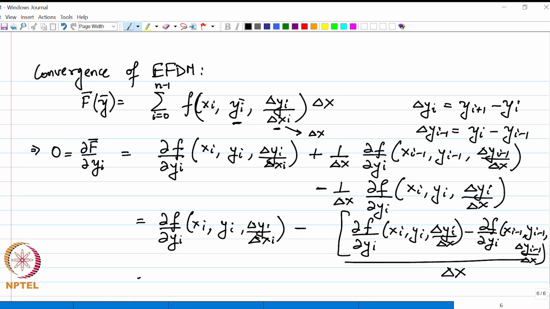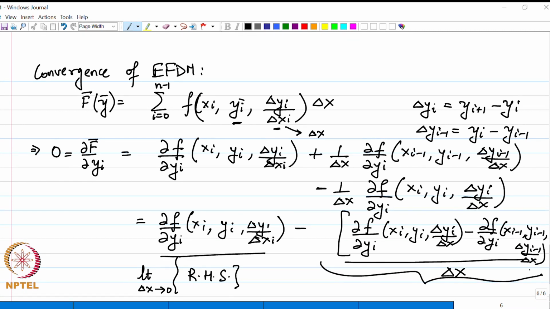Notice now, notice this. So, let me now take the limit delta x goes to 0 on this right hand side, right. So, the right hand side involves this term as well as this whole term, and we see that in the limit delta x goes to 0, this quantity is nothing but the partial f partial y, and this particular quantity is nothing but negative of the ordinary derivative with respect to x of partial, well, there is a slight error here.